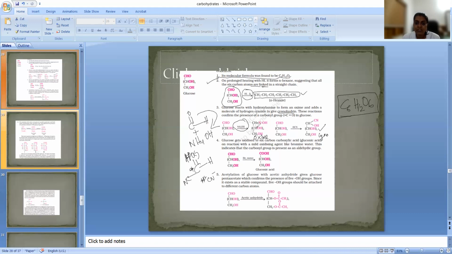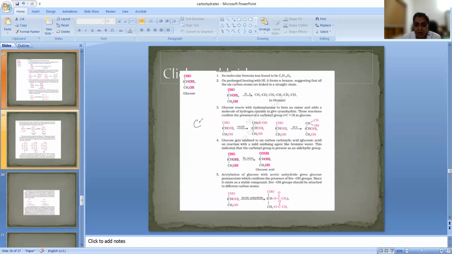And here also you are going to get a CH double bond NOH. So actually, how is that reaction taking place? Let us see. The C double bond O is going to react with hydroxylamine, which means NH2OH. So H2N-OH, NH2OH, right? So this H2O will be removed, and this bond will form like this: CH double bond NOH. So this is reacting, NH2OH and HCN are reacting with an aldehyde group there. That is why we are getting this product.